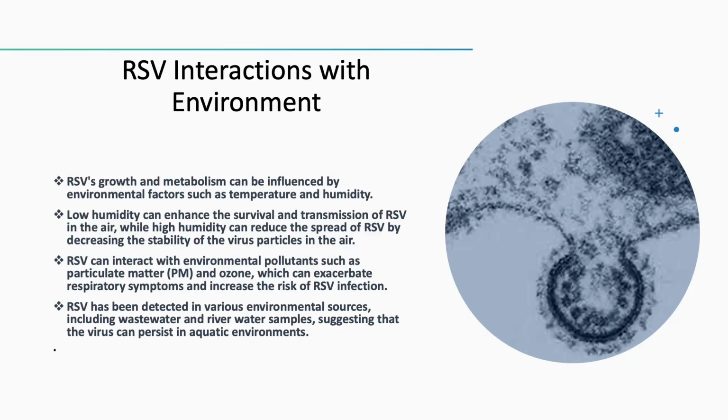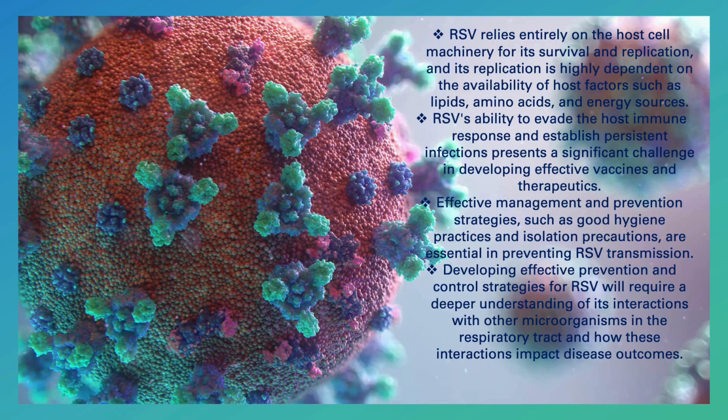RSV can be detected in various environmental sources, including wastewater and river water samples, suggesting that the virus can persist in aquatic environments. RSV relies entirely on the host cell machinery for its survival and replication, and its replication is highly dependent on the availability of host factors such as lipids, amino acids, and energy sources. RSV's ability to evade the host immune response and establish persistent infections presents a significant challenge in developing effective vaccines and